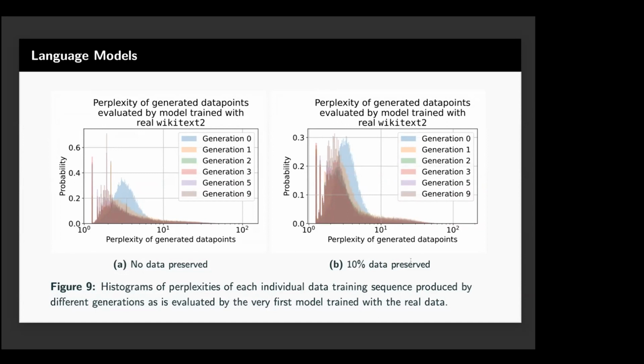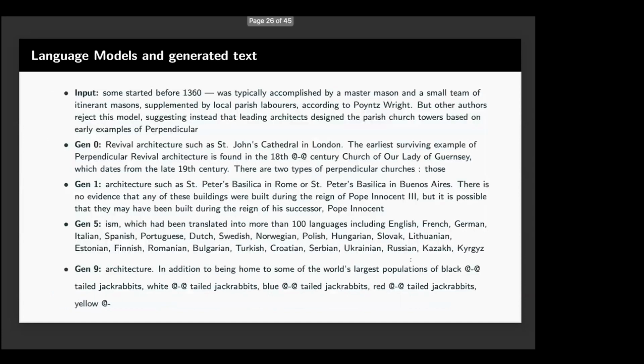Effectively, what I'm trying to say here also occurs in large language models. To give you an example that you can connect with, if we asked the large language model to finish this text, which talks about the architecture of parish churches in the 1360s, your original model is able to prolong the sentence quite a bit. But when you start training with generated data, quite quickly you start spewing something technically real, but also